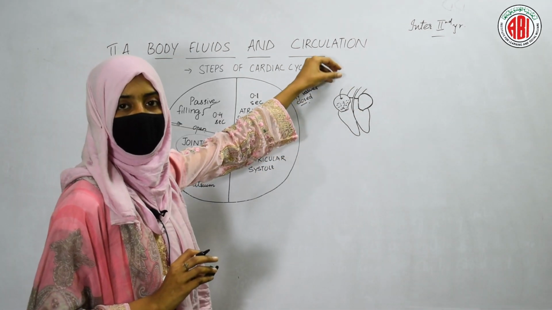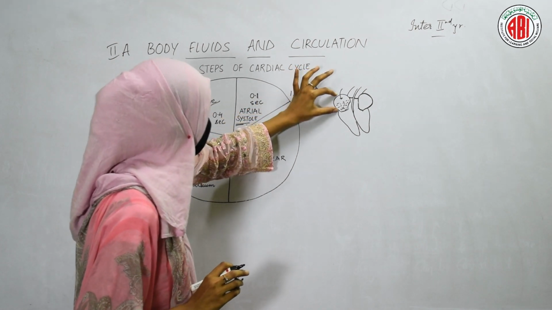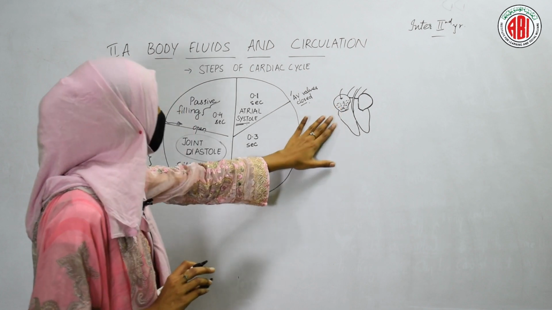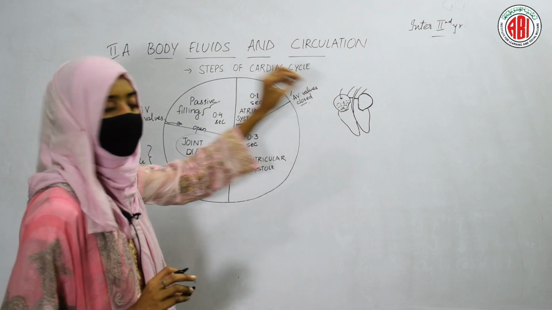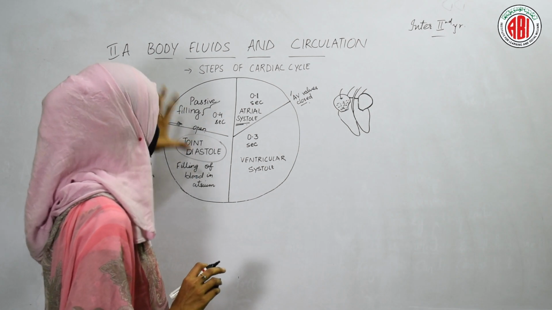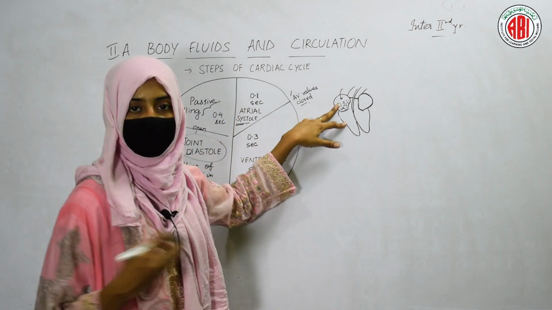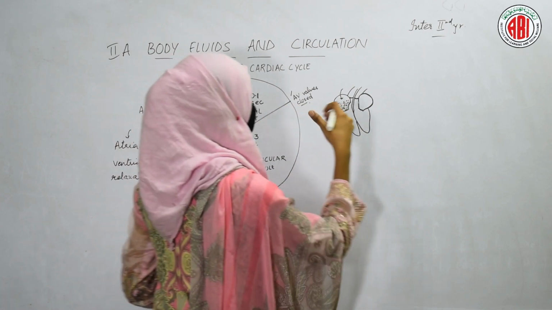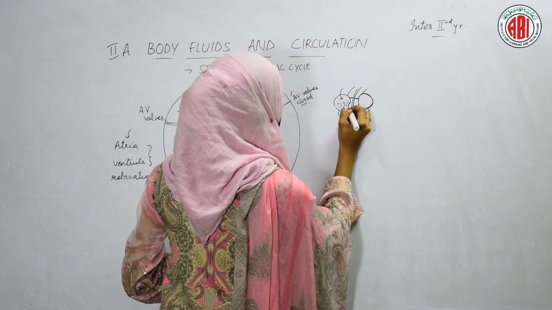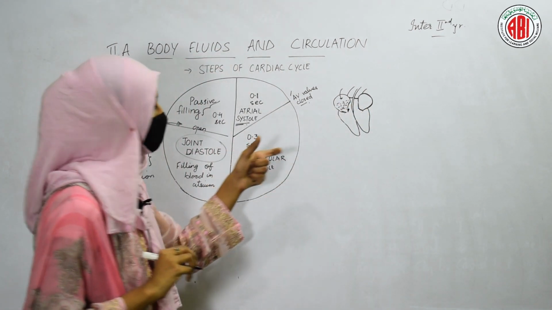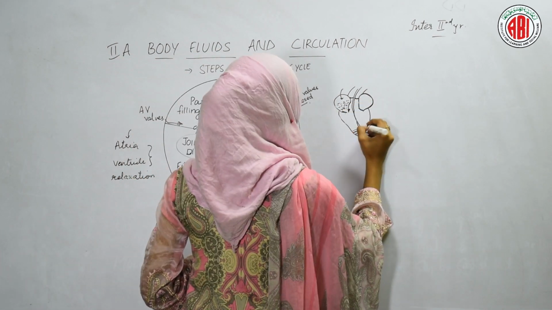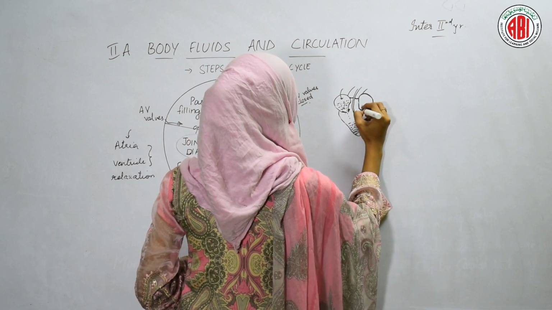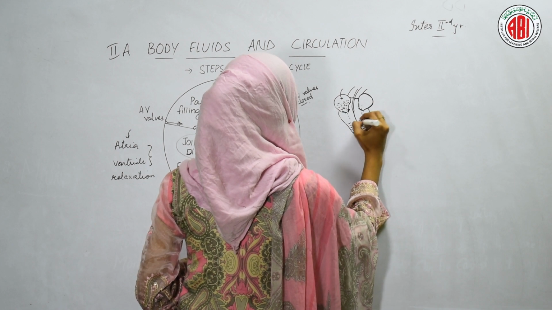When the blood starts filling the atrium, at that time both the atrium and the ventricles are in relaxation. This type of relaxing state is called joint diastole, in which both of them are in a relaxed condition, and the blood which enters into the atrium exerts some pressure, and due to that pressure the opening of the valve takes place. Once the valves get open, the blood which is present in the atrium starts entering into the ventricles. So in this way the ventricles receive the blood from the atrium.